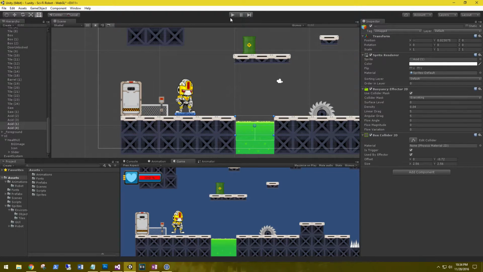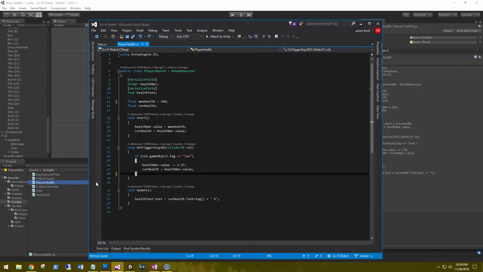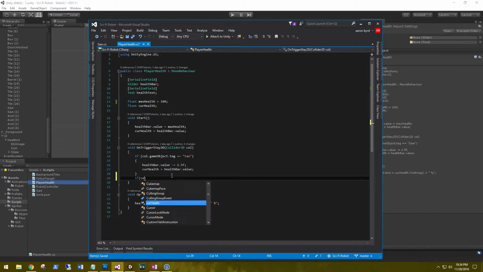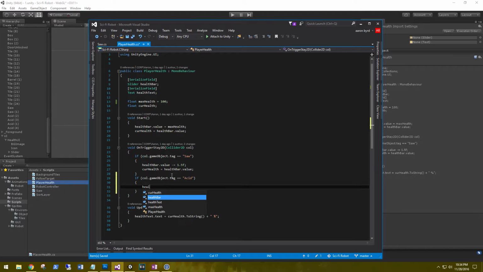So the next thing we need to do is add damage to the player when he interacts with the acid. Let's go back into our scripts and open up the player health. We already have the OnTriggerStay function, so let's add a new line for an acid object. We'll say if the collider.gameObject.tag is equal to acid, then we'll repeat the healthBar.value minus equals,